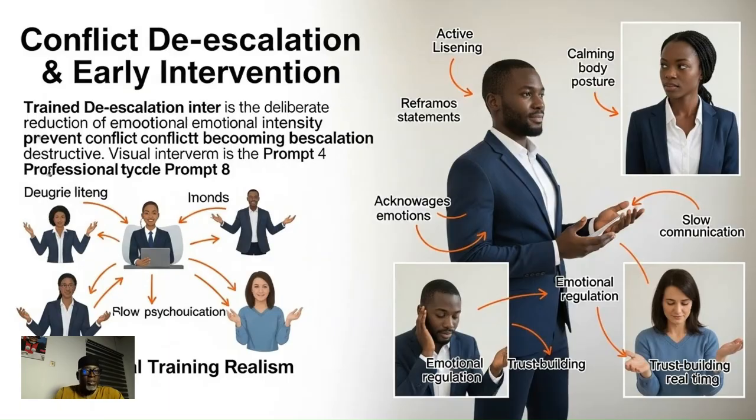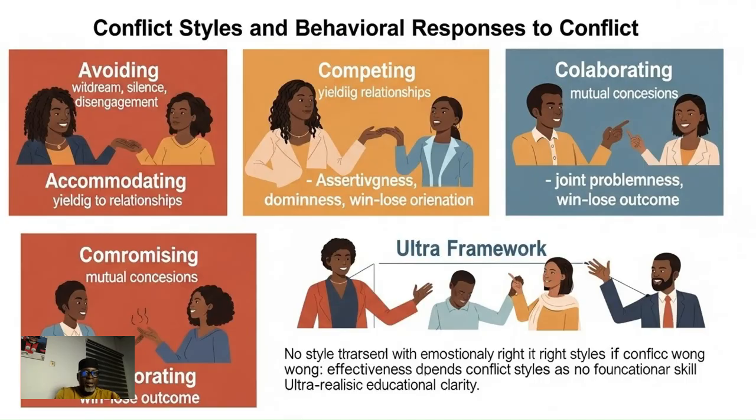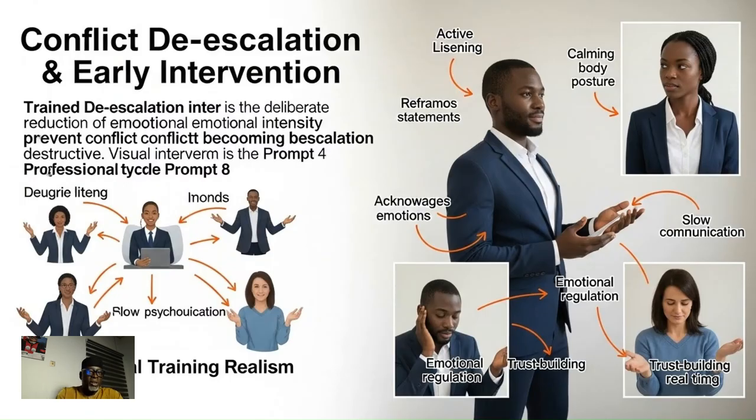And of course, the third stage of conflict de-escalation is clear communication, using open, honest, and transparent communications to express needs and concerns. Clear communications help to clarify intentions and reduce assumptions. And the fourth stage of conflict de-escalation is what? Problem solving, collaboratively identifying the root causes of the conflict and working together to develop mutually acceptable solutions. So, problem solving focuses on addressing underlying issues rather than surface level symptoms. And number five is negotiation and compromise.